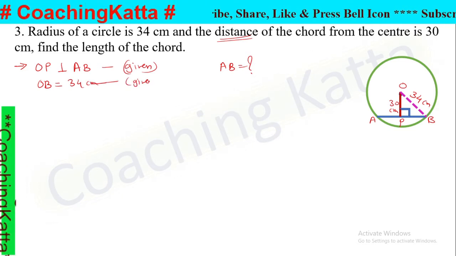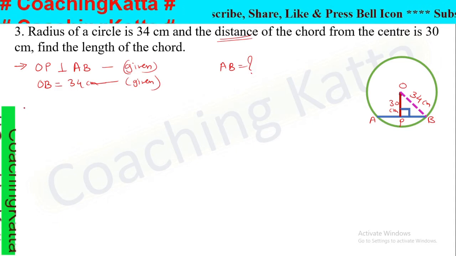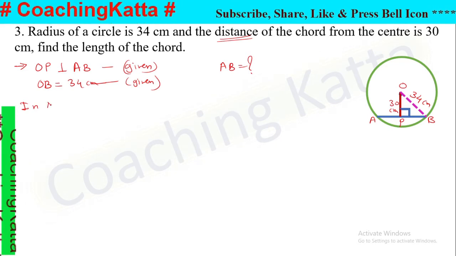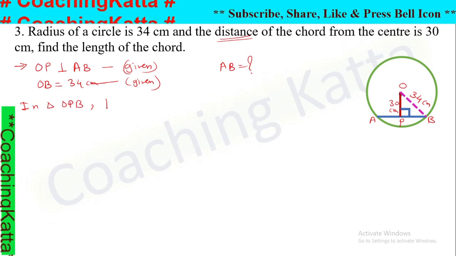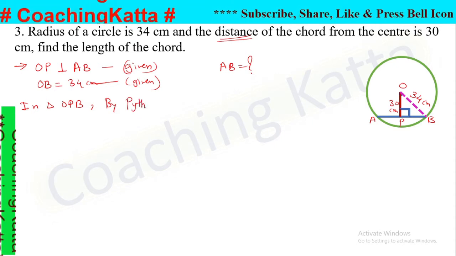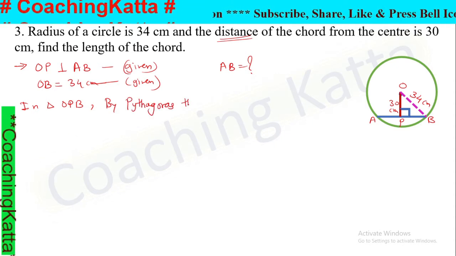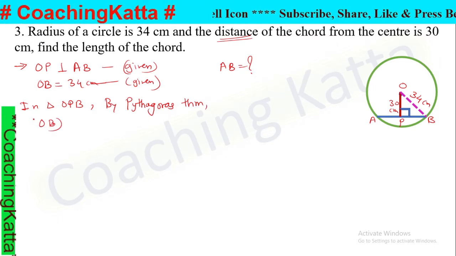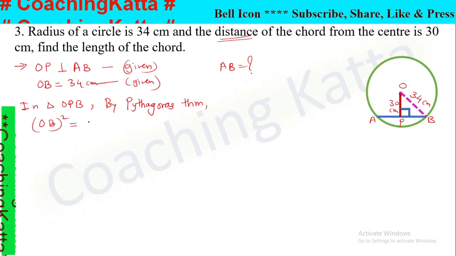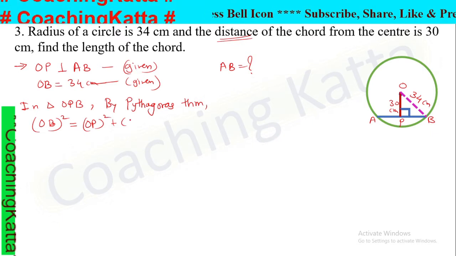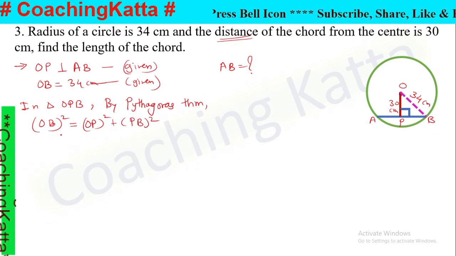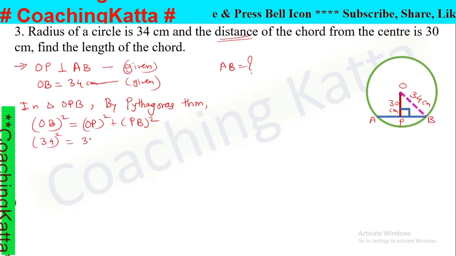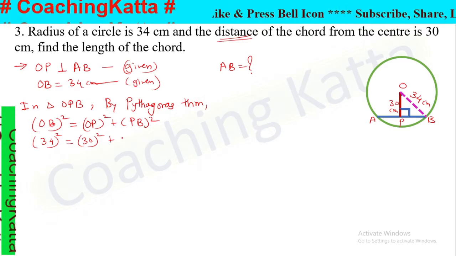Now in triangle OPB by Pythagoras theorem, OB square equal to OP square plus PB square. So put the values, 34 bracket square equal to 30 square plus PB square,